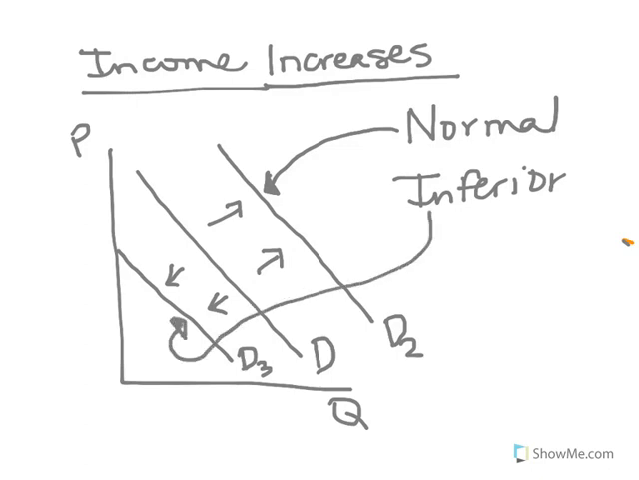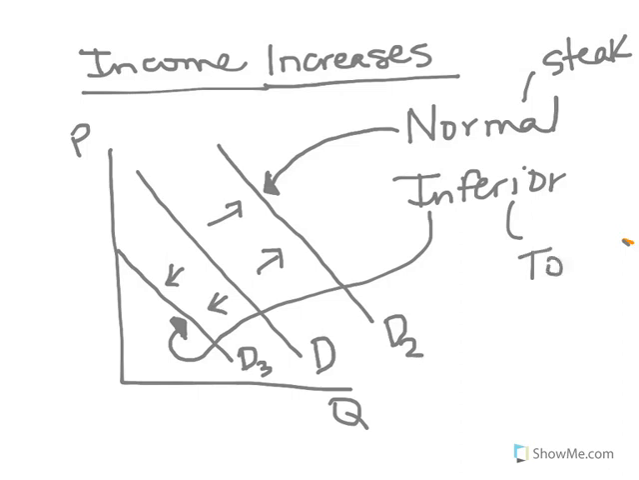So a shift to the right, an increase in demand, illustrates a normal good, versus a shift to the left, which exhibits an inferior good. So for example, let's say that we were talking about the goods steak